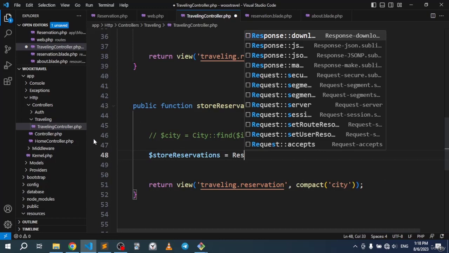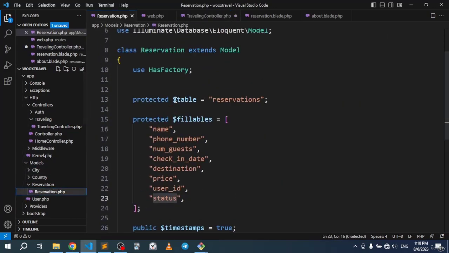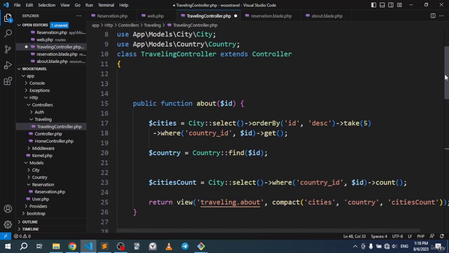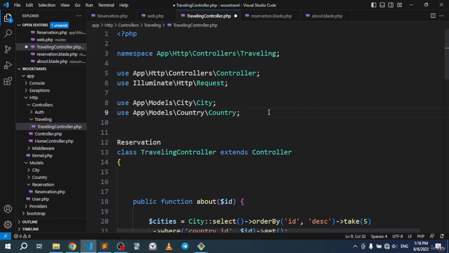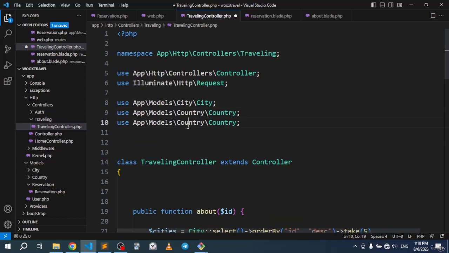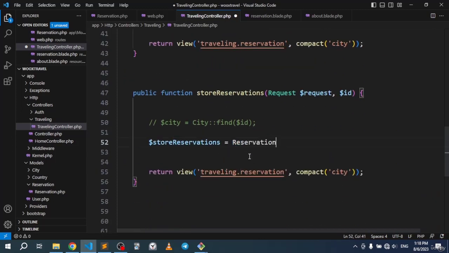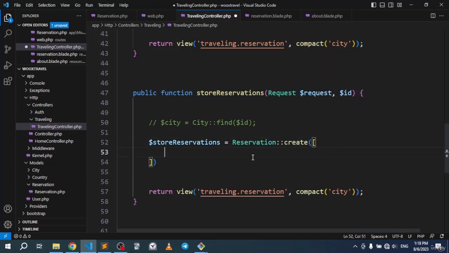So I'm just gonna go to, let me see, to the models. I'm gonna go to reservation. I'm gonna go right there, copy this, and I'm gonna go to my controller. I'm gonna go right here, paste. Let me copy this and paste. Let's also paste it like that and like that. So now we include our model. Let me go right there and go reservation, and let me go create like that, and let me open up